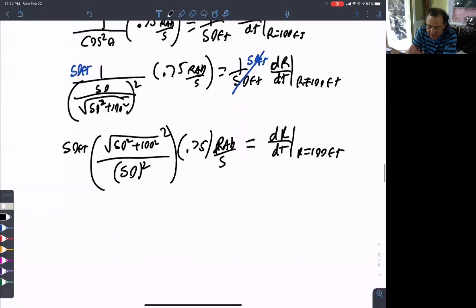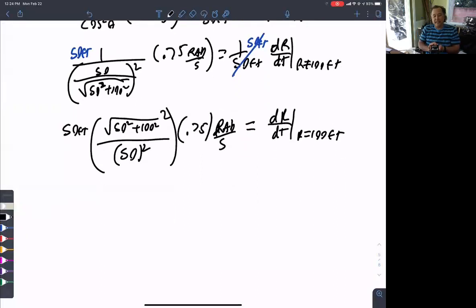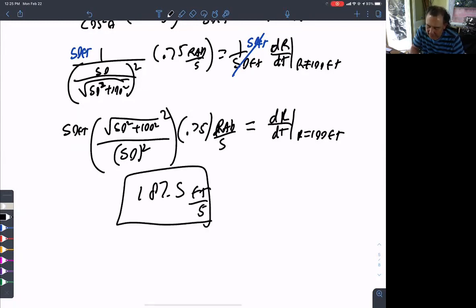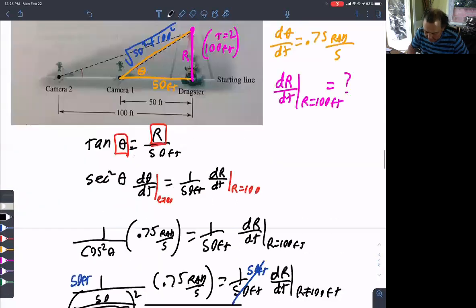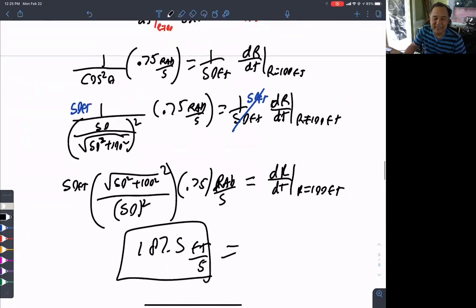Okay, I can pop that in my calculator and get an answer. I think I'll do that. Hopefully it comes out right. What do we have here? 50 times 50 squared plus 100 squared times 0.75. Divide that by 50 squared. Whoa! I multiplied it instead of dividing. I get 187.5 feet per second as my answer. Hopefully that's right. Let me see if it's, yes, that is our dragster